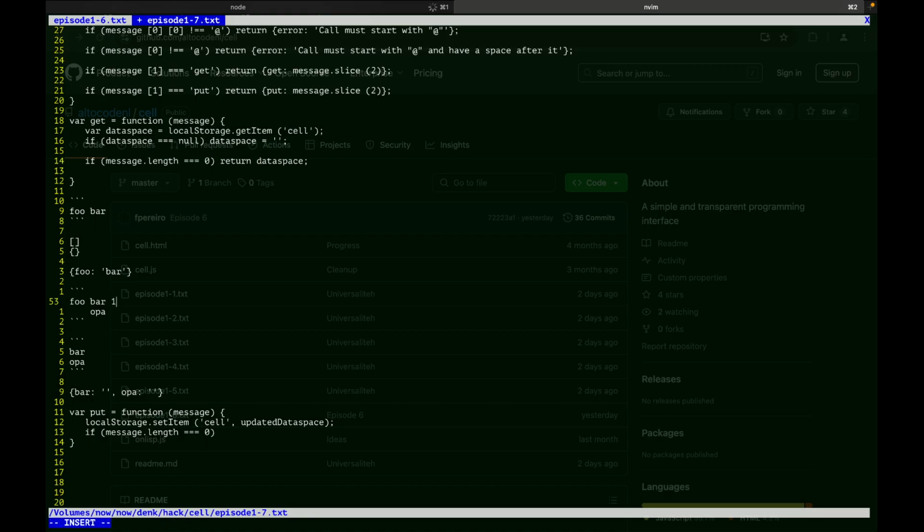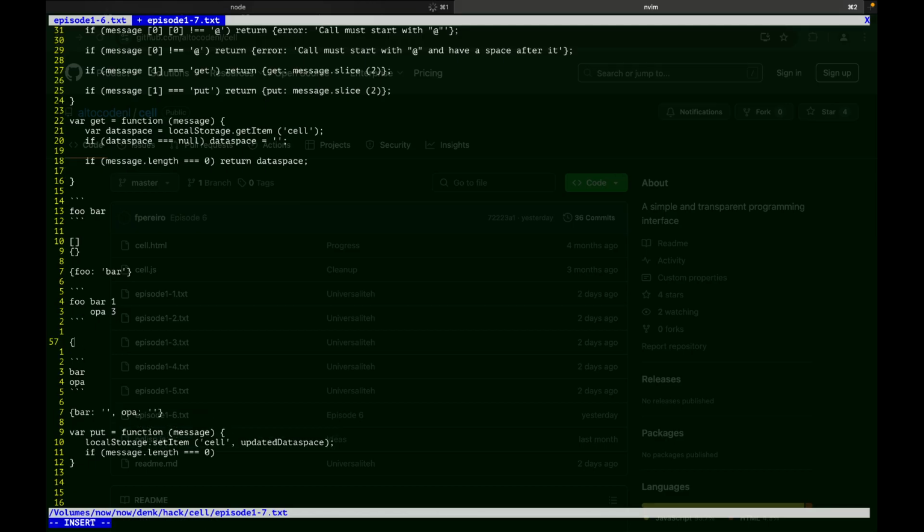And if we had this, I could get it because it would be like this, right? Foo is bar 1, opa 3, something like this. Then that's totally valid. What doesn't make it valid is the absence of value to its right. So if you don't put a value here, then I have to conclude the only way to put this as JSON is like this, with empty text.